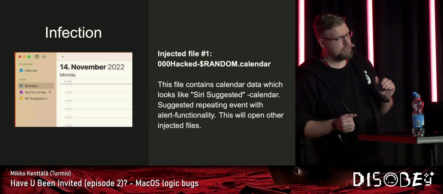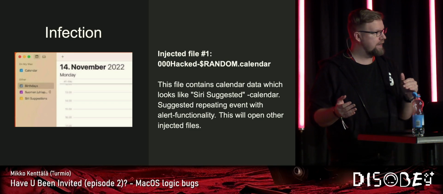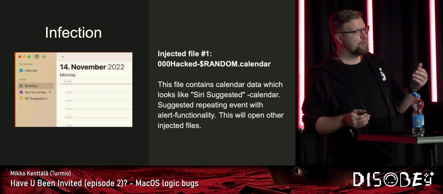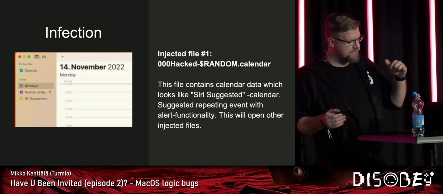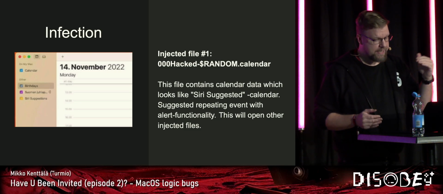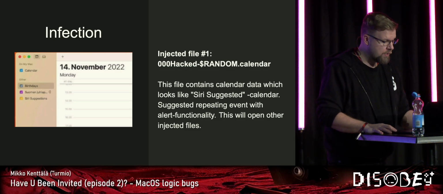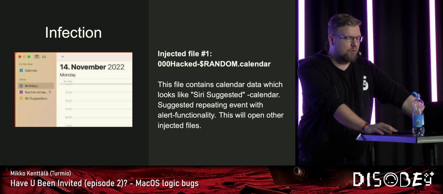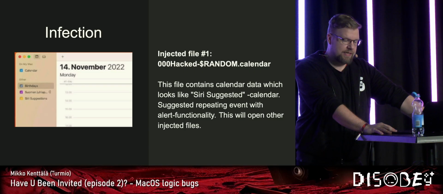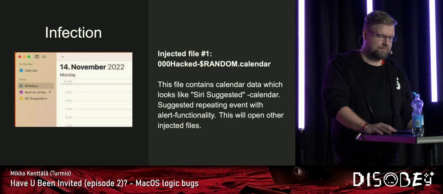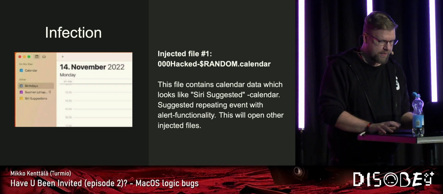However, the calendar application won't automatically add those calendars to your calendar application. Only in a few circumstances will it do a refresh, check what's new on the file system, and do the indexing or add those to your calendar. So then I was in trouble: now I have these files, which are a legit calendar on the victim's system, but how can one actually trigger the indexing, because it didn't automatically happen.